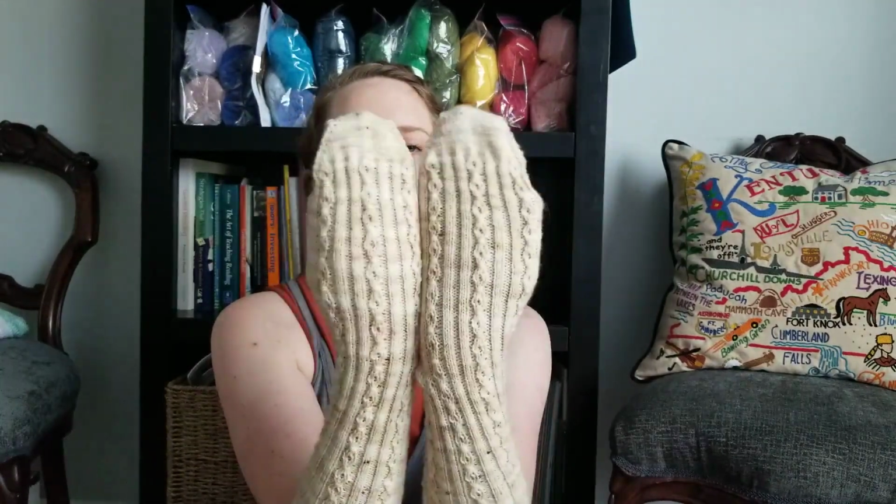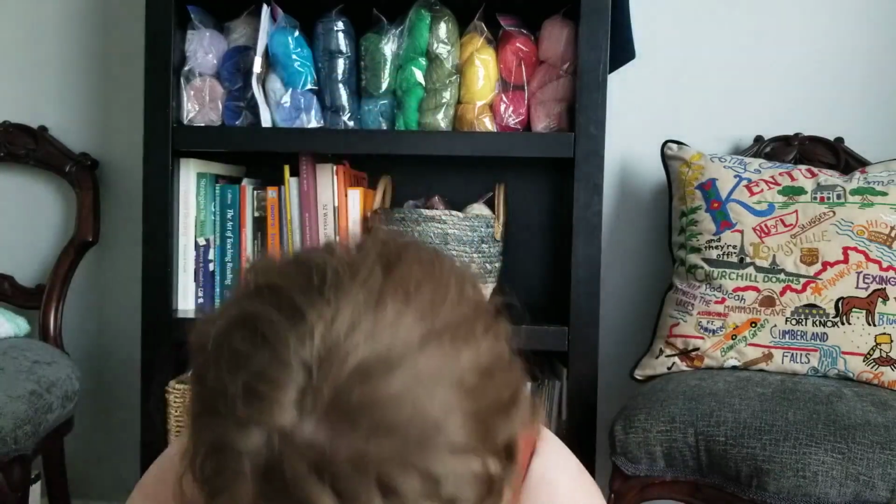Okay, so I knit these socks out of Candy Shop yarn in cream soda. And the design was inspired from, can you take me seriously? If I talk about Jesus in the Bible, can you take me seriously with socks on my hands? But anyway,